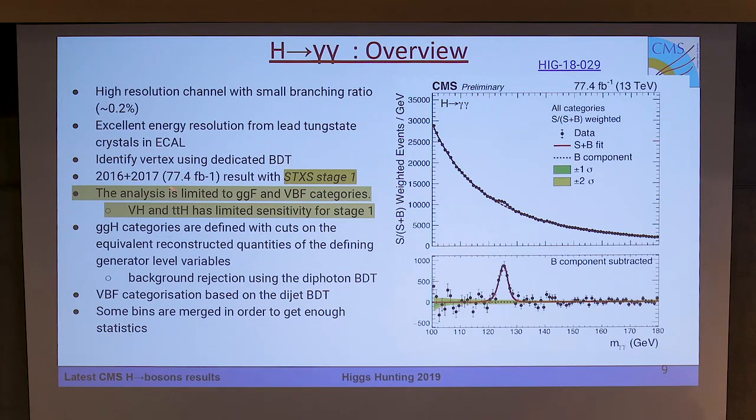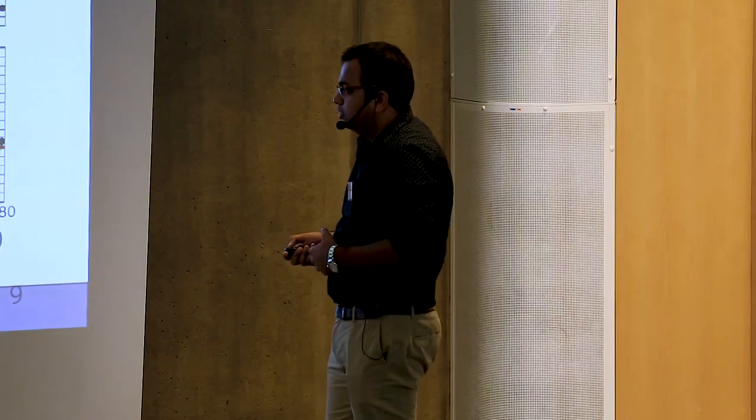both the photons. This version of the analysis is with the 2016 plus 2017 data, which corresponds to around 77 inverse femtobarn. And this is the stage 1 of the simplified template cross sections. So this analysis, because we didn't have enough statistics, was limited to gluon fusion and VBF categories, and the